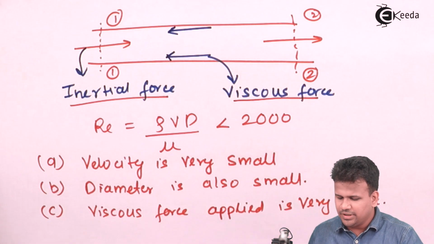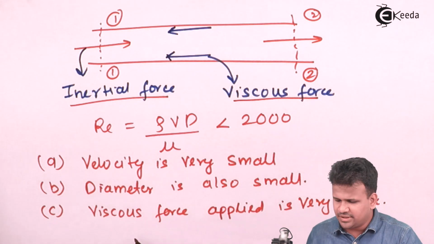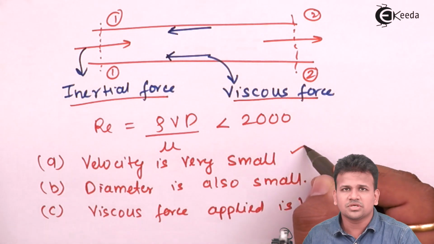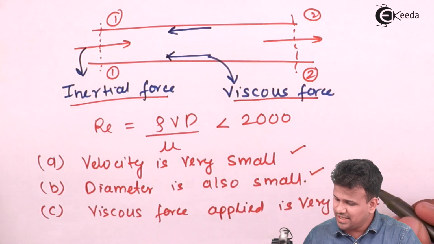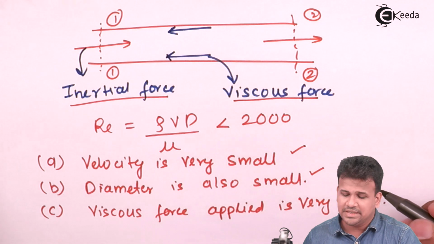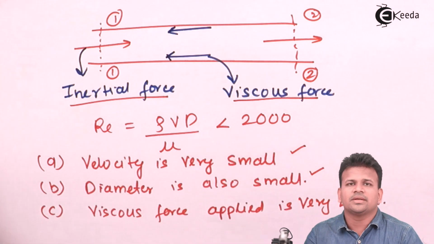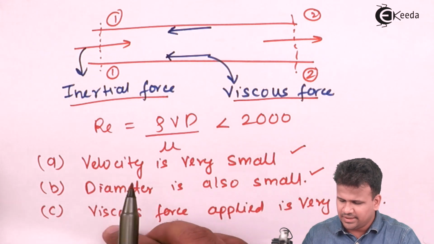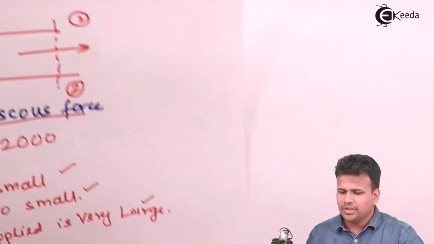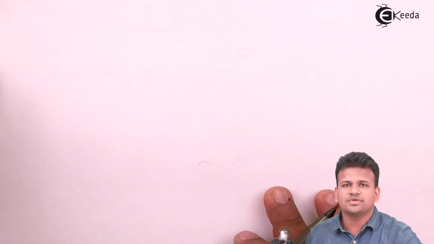So if a fluid satisfies all these three conditions, that it has a very small velocity, a very small diameter, as well as a very large viscosity, then it will flow in a laminar flow. Now, the next thing we need to understand is that during laminar flow, the adjacent layers of the fluid